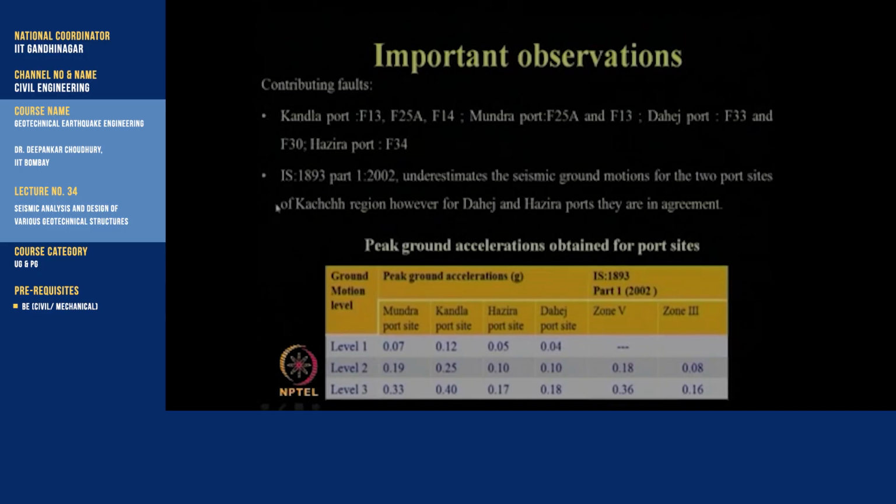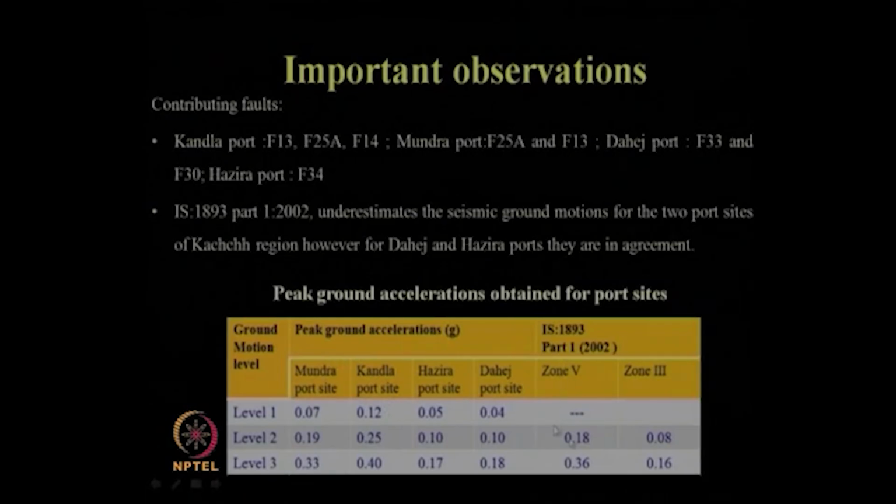And the important observation we found is that mostly for zone 5 region, where the Kandla port and Mundra port are coming, for a level 3 earthquake at the Kandla port site, whatever value of peak ground acceleration we estimate from the ground response analysis is much higher than the IS code recommended value. So, this automatically shows the need for doing the ground response analysis at an important site before going for a